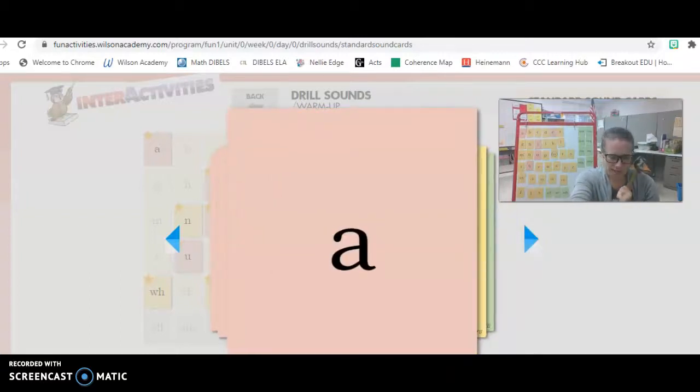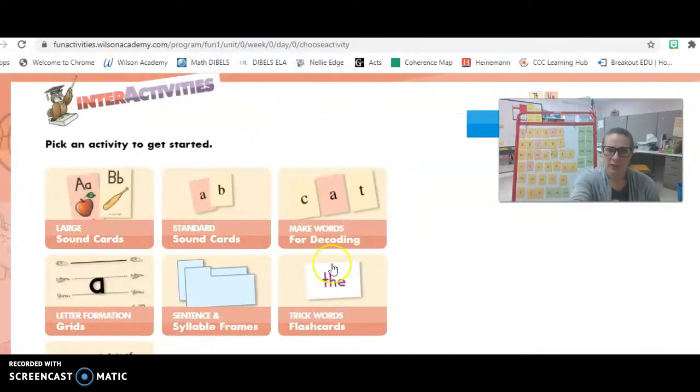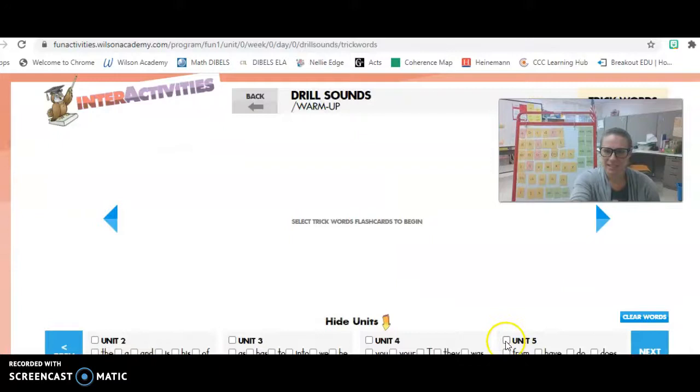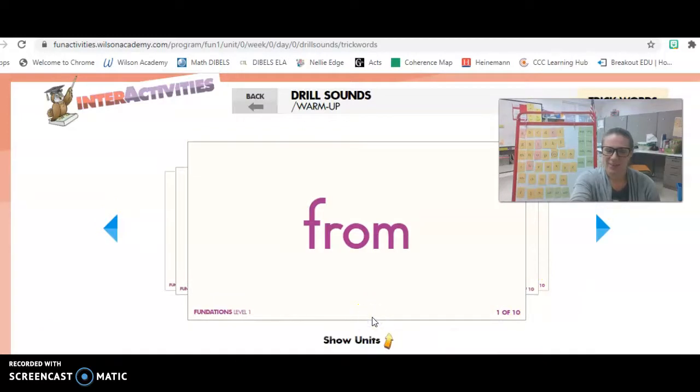Great job. And last but not least, our trick words. Let's see if you can beat me reading these trick words. Here we go. From, have, do, does,